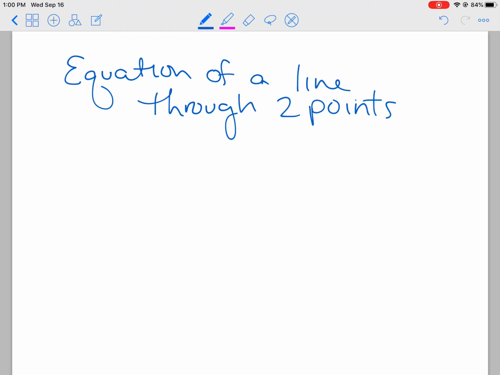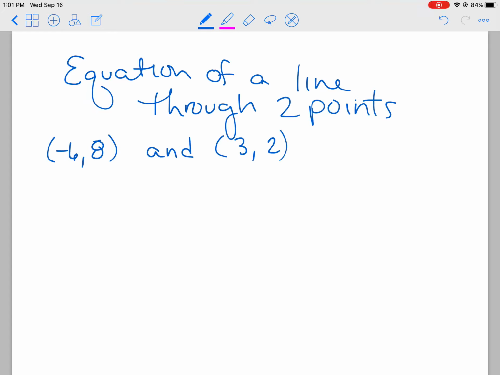Okay, so we're going to be looking at finding the equation of a line through 2 points. And let's say we're using these 2 points. We're going to use (-6, 8) and (3, 2). Okay? So now,